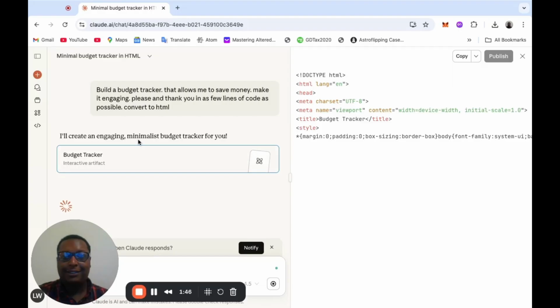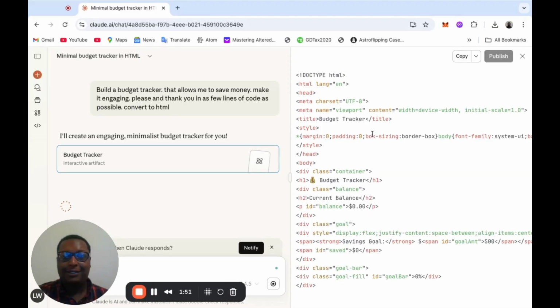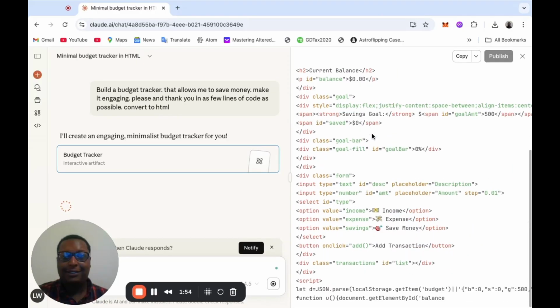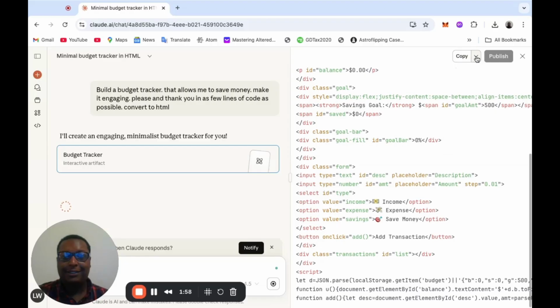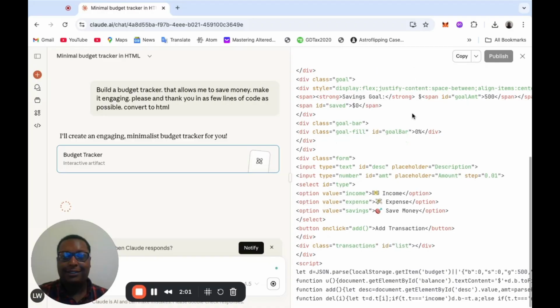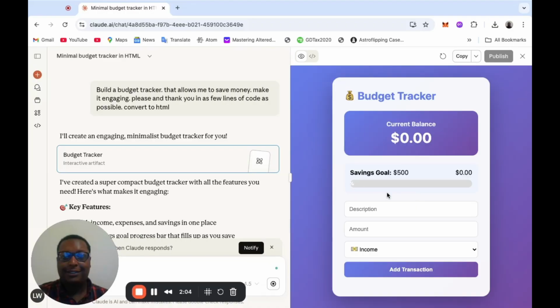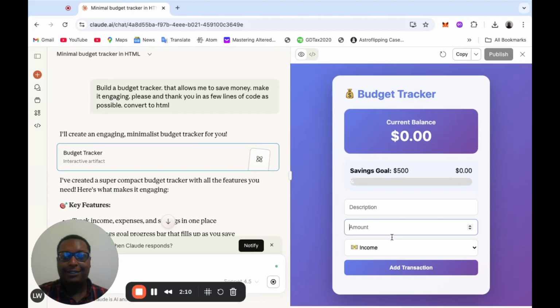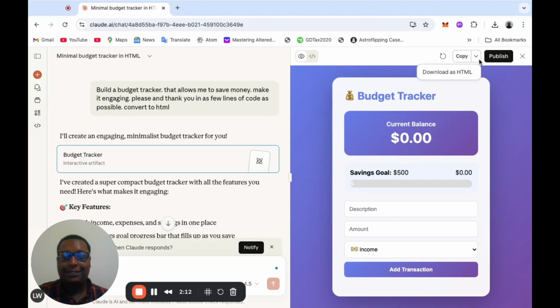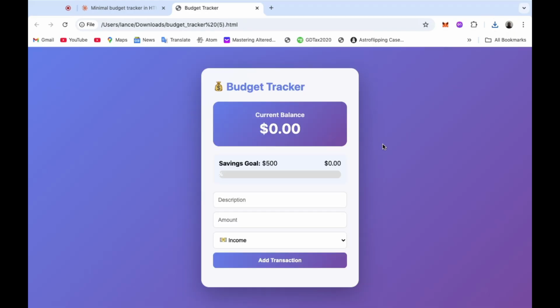I'll create an engaging minimalist budget tracker for you. It's right in the code over here. And this way you'll always have it. When it gets done, you click right here, download as HTML, but it's still loading. It does it really fast too. All right. So boom, boom. Let's go to download as HTML. Open it. All right. So your savings goal is